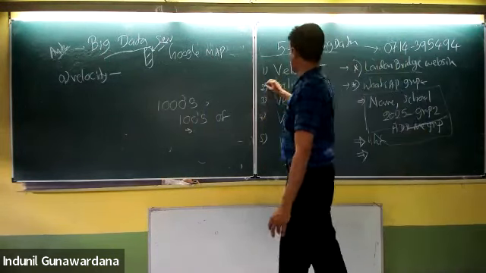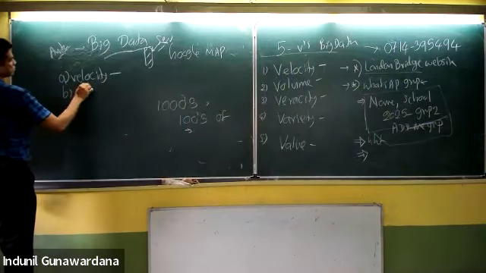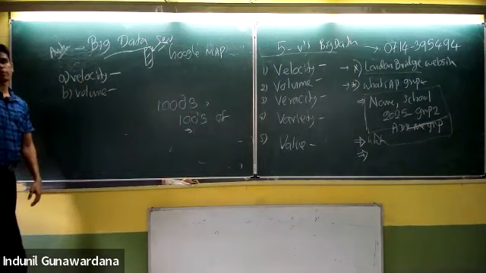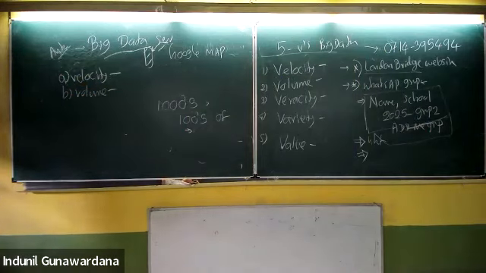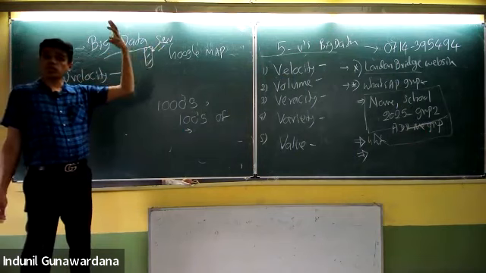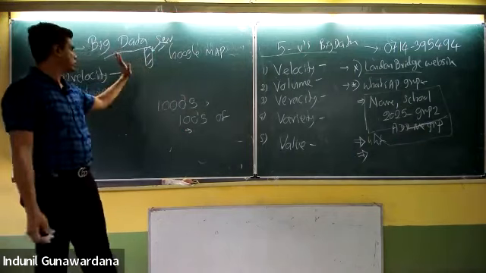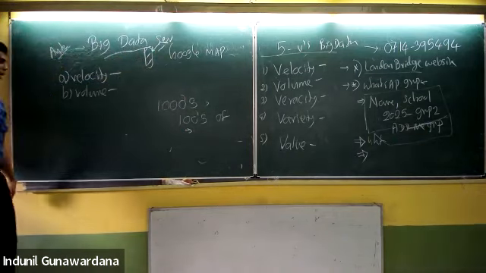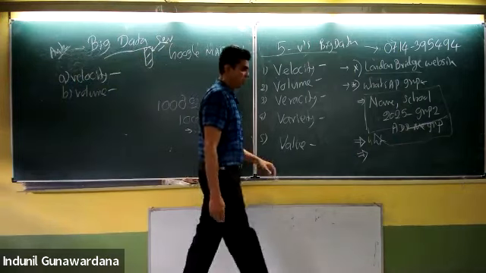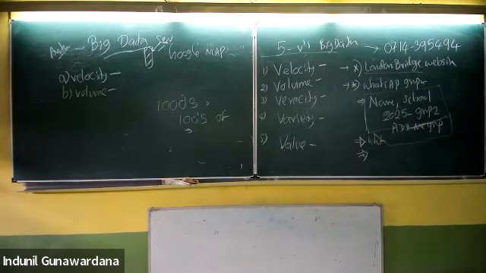Then the next feature is volume. You know what volume is? Capacity, right? The amount of data to be handled by the big data system. That's going to be terabytes, petabytes, huge volumes of data processed and handled. The big data handling and processing system